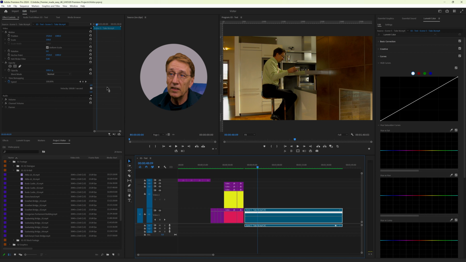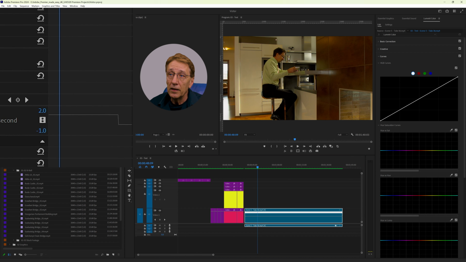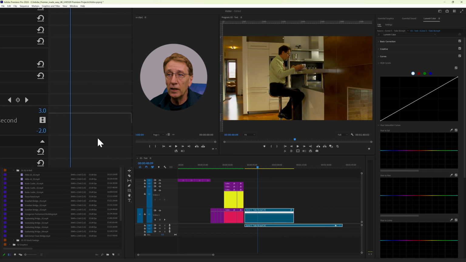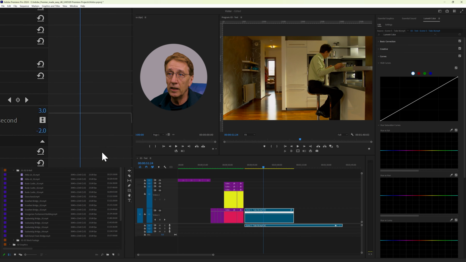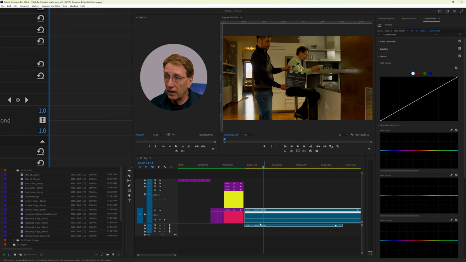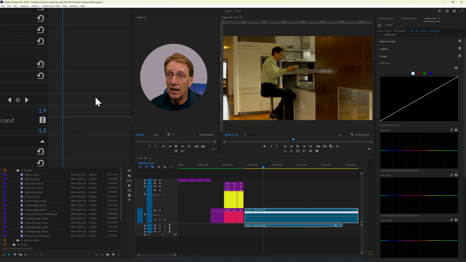If I push this line up, the clip gets shorter and the speed runs faster. So let me play it. You see, it's faster, everything here. When I pull it down, it's slower, and it reflects here with this line. It doesn't matter if I pull this line up or down or the line in the Effect Controls. And as we did last time, we can also set keyframes and speed ramps.